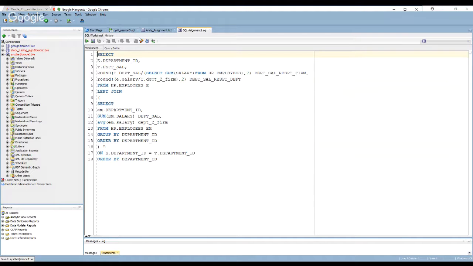Because in a lot of analytical projects you work on, you do a lot of such comparisons because it gives you a guide as to how you make a decision. Okay, so do you increase somebody's salary if it falls below X% of the average salary in the department, for example, right?